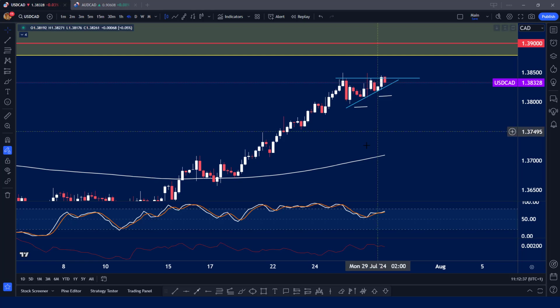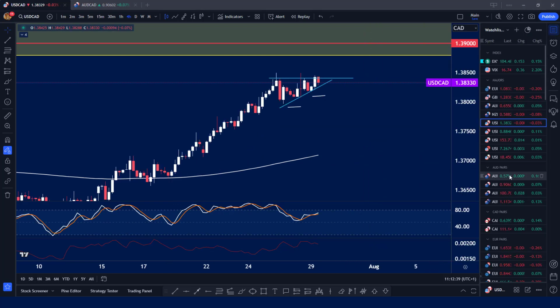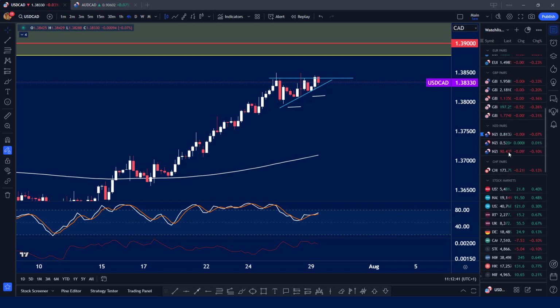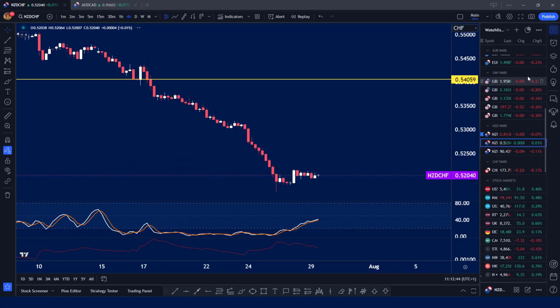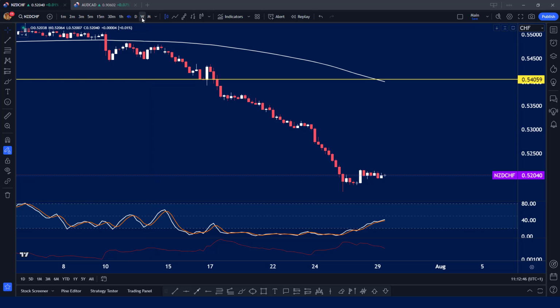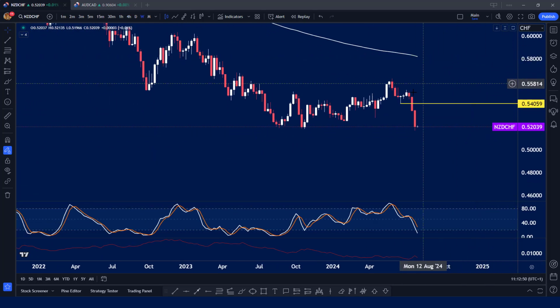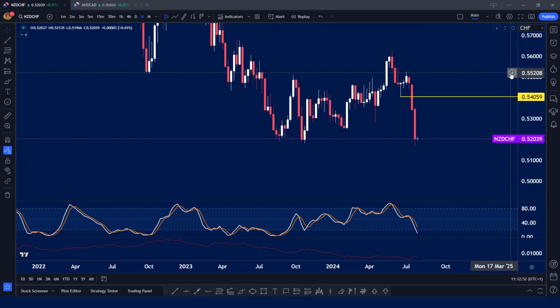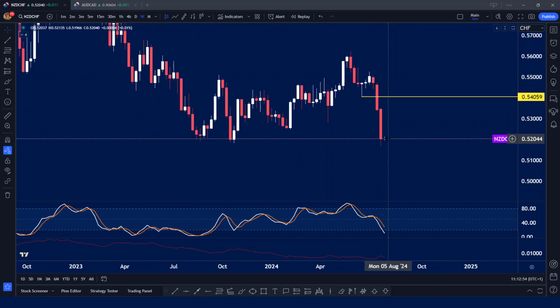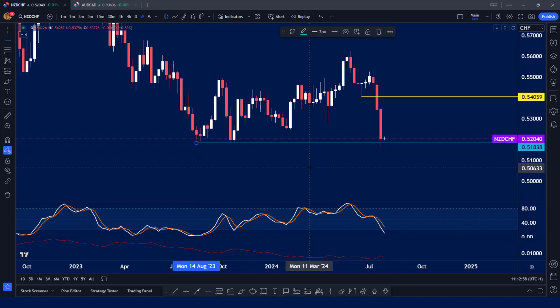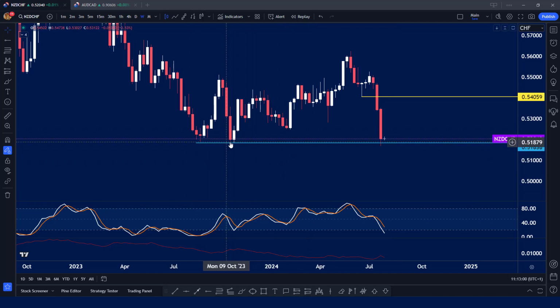Finally, I'm going to leave it on another Kiwi pair. We're going to take a look at Kiwi Swiss. Kiwi Swiss, obviously a market that has been very bearish for us recently. I like the idea of being short Kiwi Swiss. This has been a very, very nice market to trade to the downside. Are we going to see momentum continue? Again, we are coming into a very key area of support. It's these lows back in October of